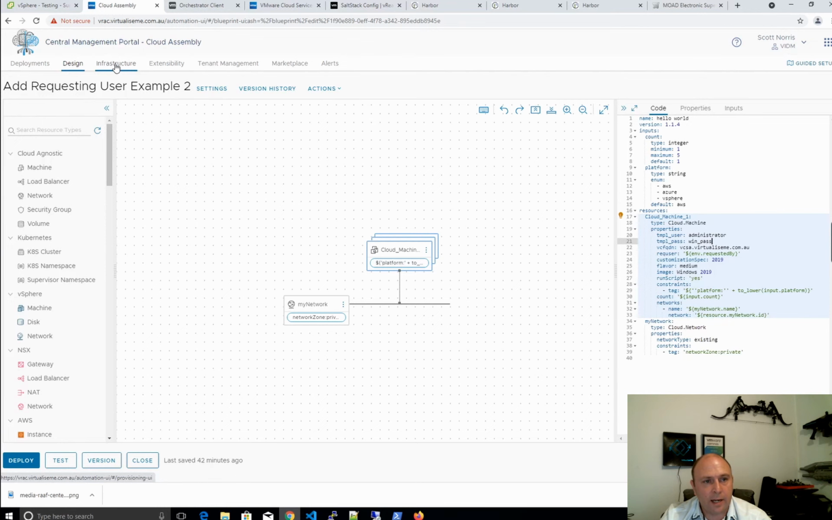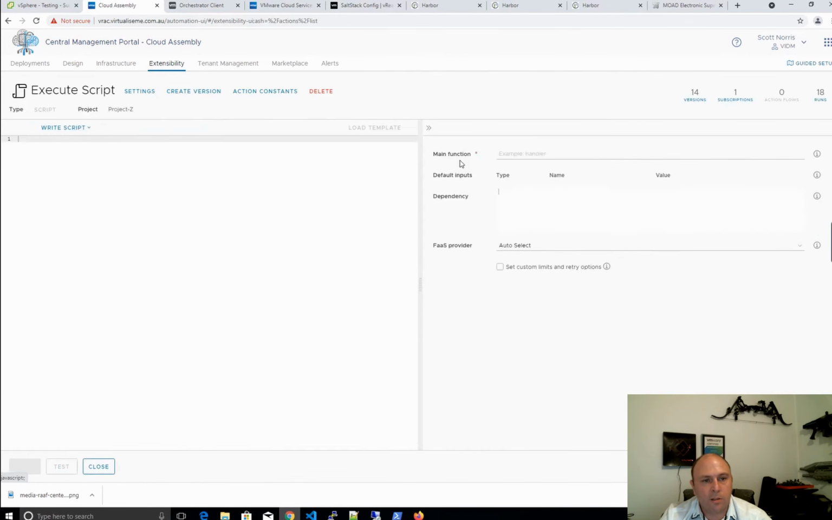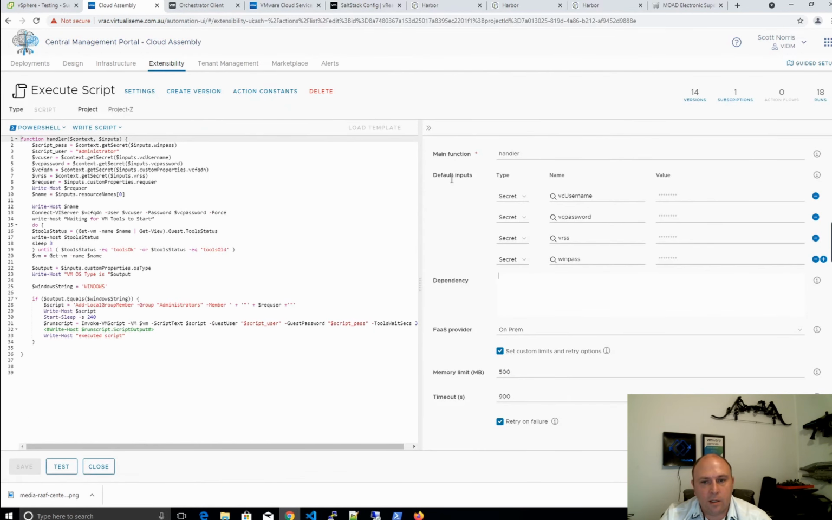But if we have a look at extensibility here, we can, execute, this is it, execute script, and we can see within here we've got a bunch of secrets. These are things I obviously don't want people to be able to see, and it's really good having the secret integration now into the extensibility. So I've got my VC username, password, ignore that, that's actually not even used, and my Windows password. And we can see here I'm using context.getSecret, and we're running as PowerShell in this particular instance